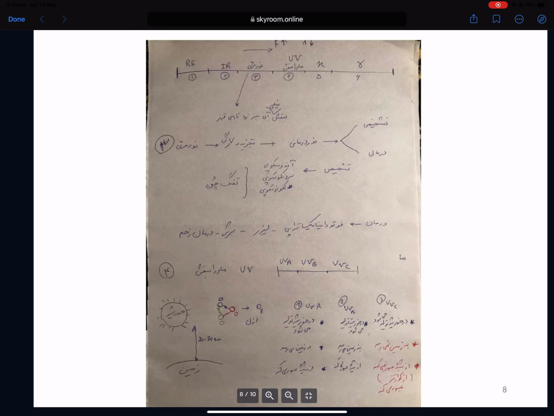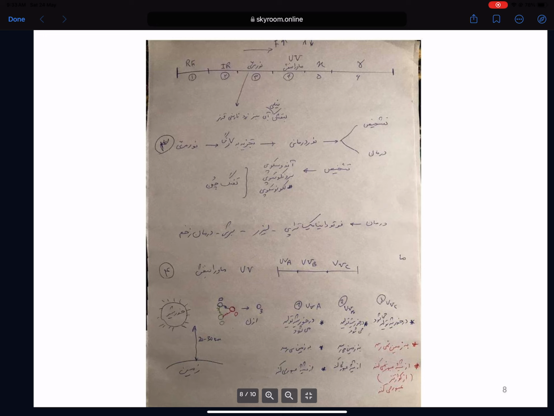This is good news also because in the hospital, especially in the infection department, sometimes we have a patient with resistance to antibiotics. For this reason, the hospital management tries to sterilize the room by UVC. Please pay attention that you have a UVC lamp in the hospital, but this lamp is very specific because